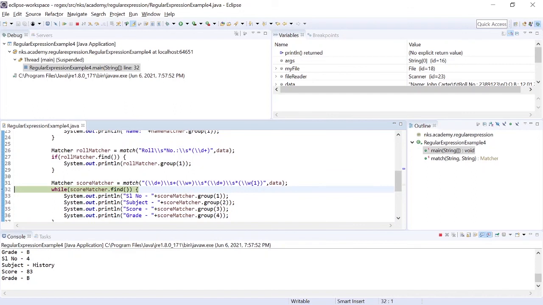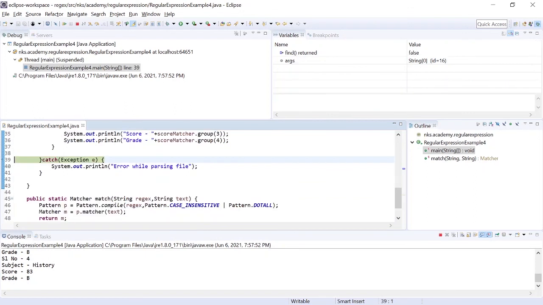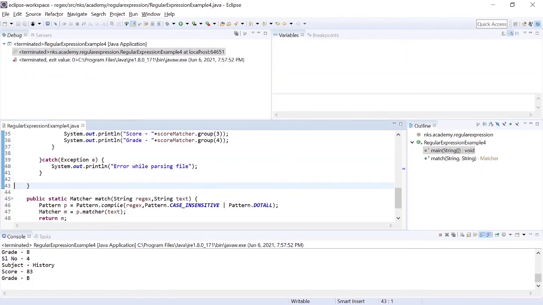So for the next time the loop will break as it will return false and it will end. Okay. So this was a practical implementation of how we can implement regex in daily work, or sometimes if you want to scrape any data or you want to parse any file, you can use this concept.